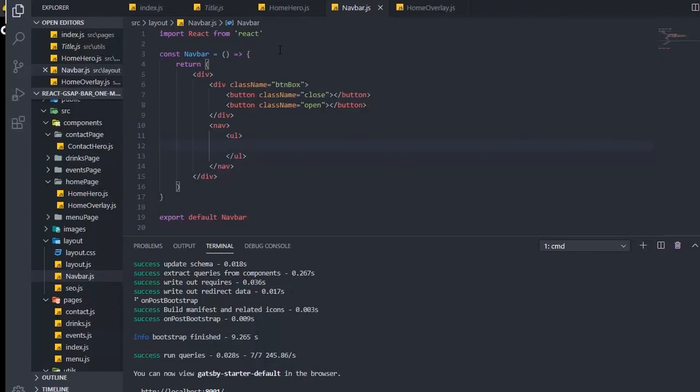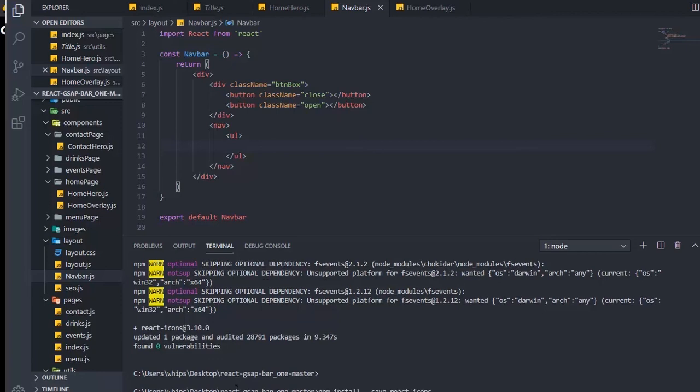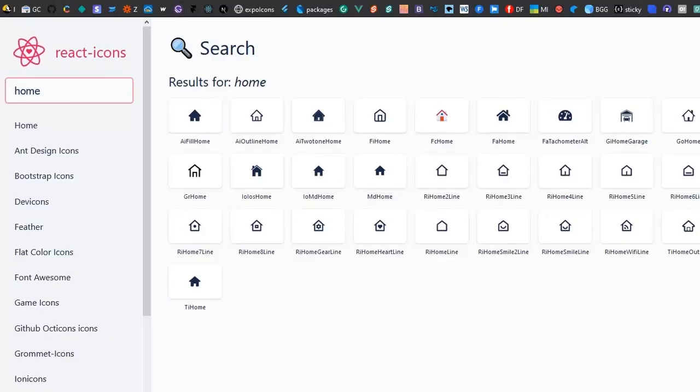Now we can do that a number of different ways. You go to Font Awesome, you can get icons from wherever you get them. But what we're going to do here is close our terminal. So Control C, Command C, and we're going to npm install, with -s save so it's local, and it's called React Icons, and that gives us all the icons. So we can use Font Awesome, or we can use Material, or you can pick whatever icon you want. And while that's installing, let's go over to React Icons. You can find that at